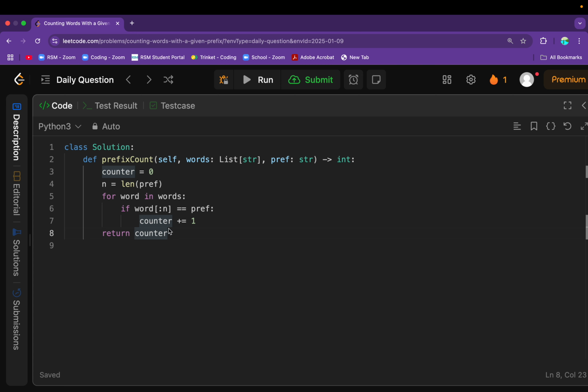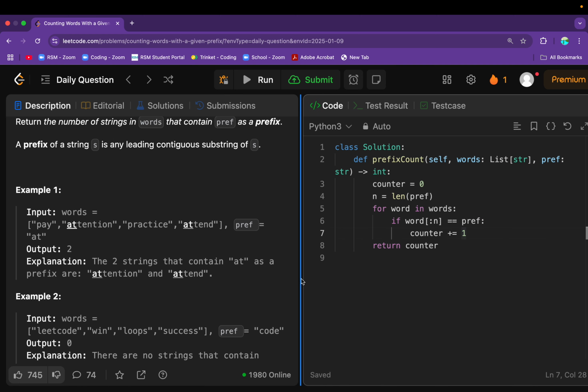So before I submit this and go into the time and space complexity, I want to help you understand what this list slicing really means and why we're comparing it to pref, because that's the most difficult line of the solution. Let's look back at the examples here. Effectively, we're checking: does word from index 0 up until index n exclusive equal the prefix? Well, why are we even